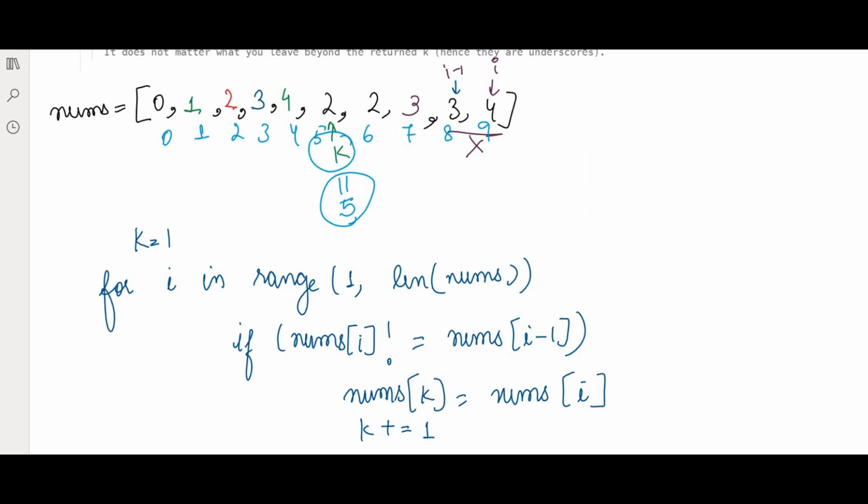I hope you understood. What we are doing is we are simply checking. Why? Because if the previous element is not equal to the next element, only then we can say it is unique. So for example, I have 3 numbers like this. If 1 is not equal to the previous element, only then it will be unique. Right now 1 is equal to the previous element, so it is not unique. 2 is not equal to 1, that means the previous element, so it is unique. When it is unique, at the kth index we will place that value and we will increment k.